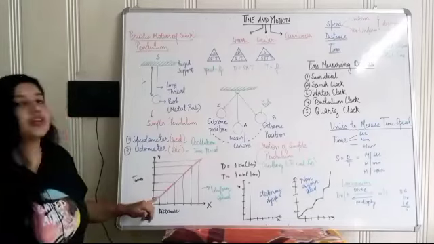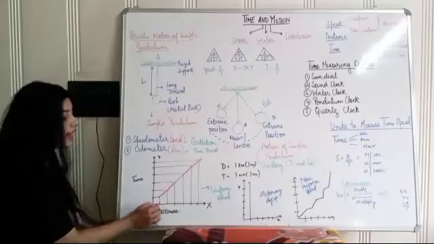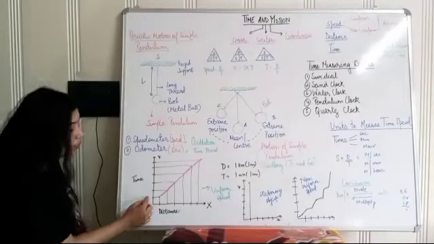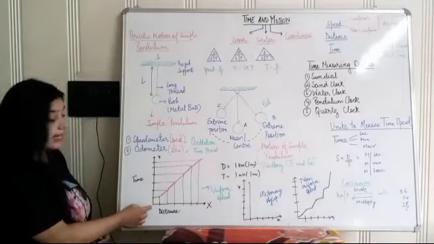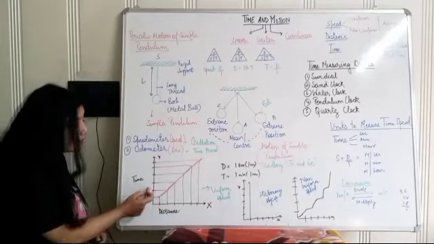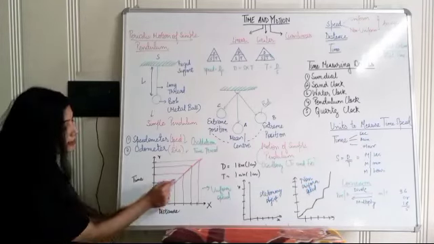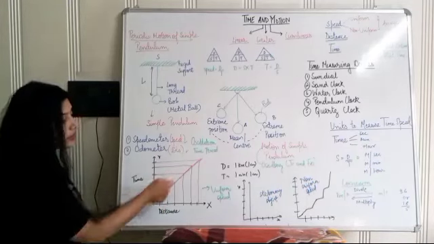Now consider an object which is moving at a constant speed. It is covering the same time and distance. For example, in 1 minute it is covering 1 kilometer. Then in another 1 minute it is covering another 1 kilometer. Then in another 1 minute it is covering 1 kilometer. So what will you see? You will make points here, and when you join those points, it will be a straight line.